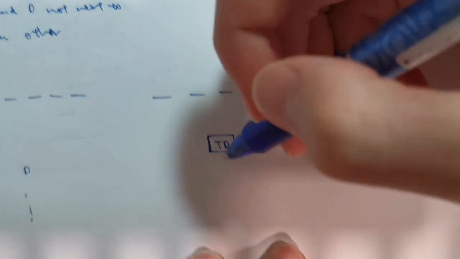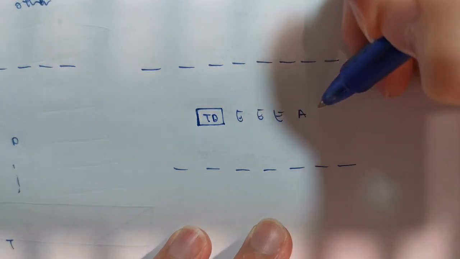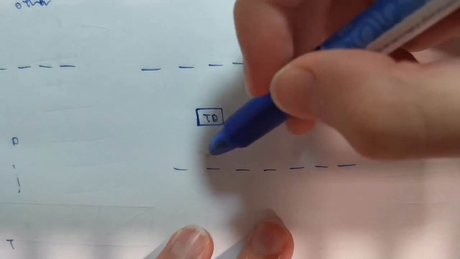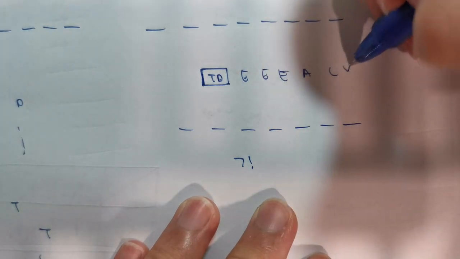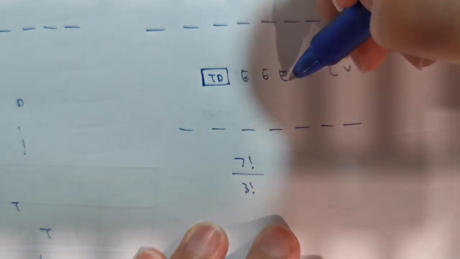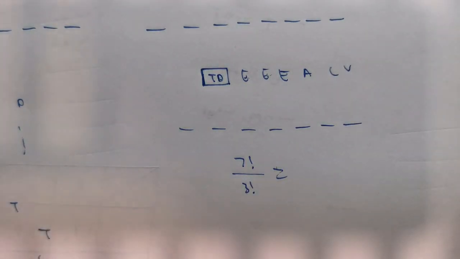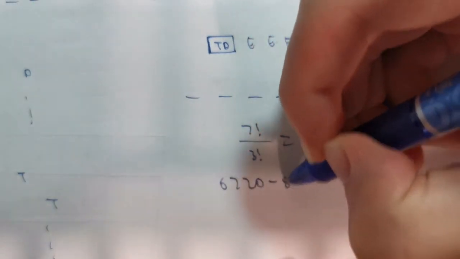So now what if T and D are next to each other? Instead of considering 8 letter slots, you consider the T and D as one block, like just now. Then they reduce it to 7 letter slots. Then here are the remaining letters. So the number of ways to arrange this is 7 factorial. Wait, hold on. Okay, yeah, 1, 2, 3, 4, 5. Yeah, 7 letters, 7 factorial over 3 factorial, since there are 3 repeated E's, to get 840. Then you subtract from 6720 to get